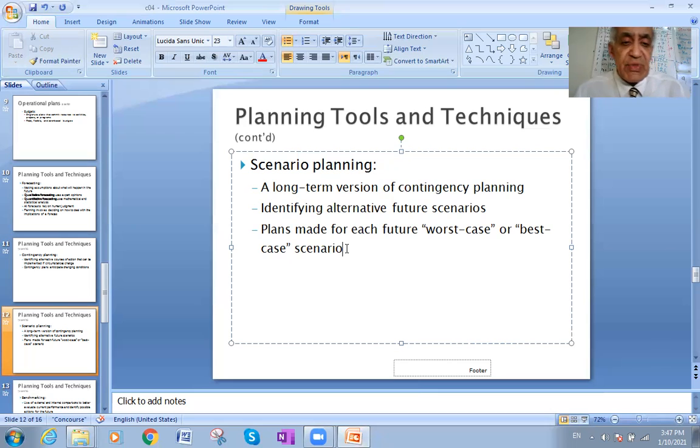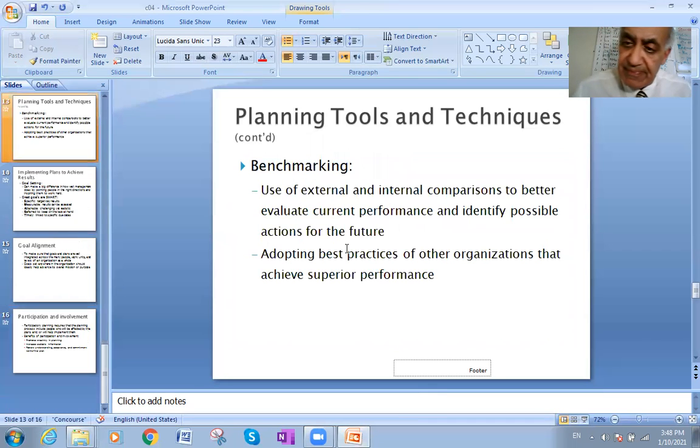In the case the market is booming, I will do blah blah blah and I will move to plan A. In the case there will be recession or deflation, I will move into plan B. So I must have more than one plan. And this step, we call it scenario planning, means you will have more than one plan for each case because you don't know about the future. That's what we said. You don't know about the future. So you are preparing yourself for the future with many plans. In case this plan did not work, then this plan will work.